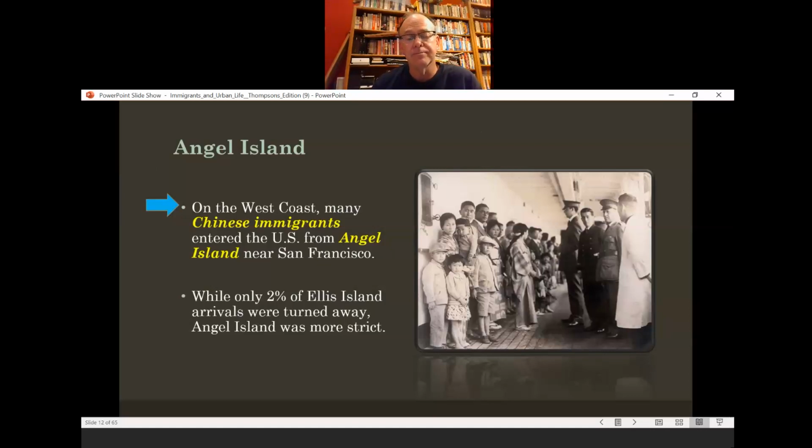Now, it was a bit different here. They were not nearly as successful getting in, the Chinese weren't, as the Europeans were. And I just have to say that a lot of it probably had to do with racist tendencies, but they were stricter. And whereas people in Ellis Island had to maybe wait a couple of days to find out, sometimes the wait was a week to 2 weeks, or possibly months in Angel Island for the Chinese people, and not nearly as many were successful getting in after that wait.